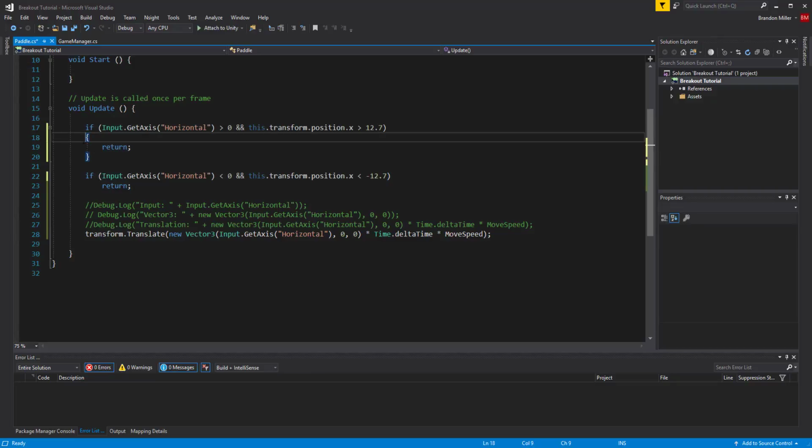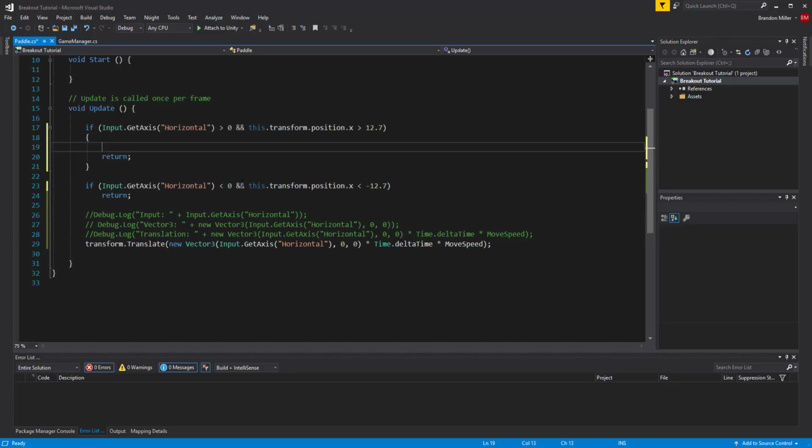If you want any more than one line of code in your if statement, then it has to be in the brackets. If it's only one line of code, then you can get away with just putting it under the if statement. I promise you, this is not Python. You need brackets. So what we will do, and make sure we do this before we return,